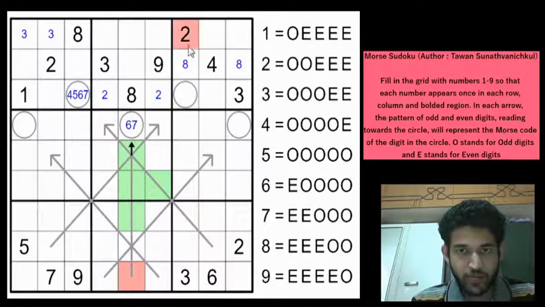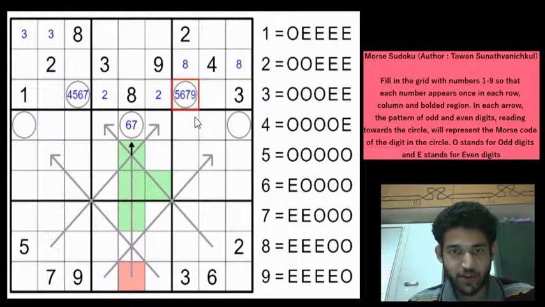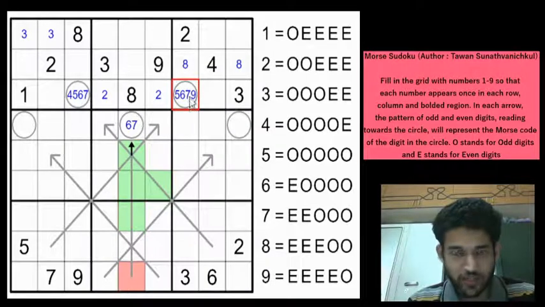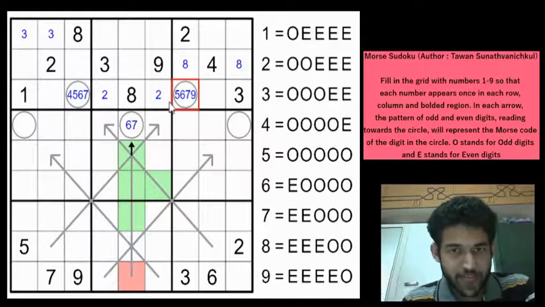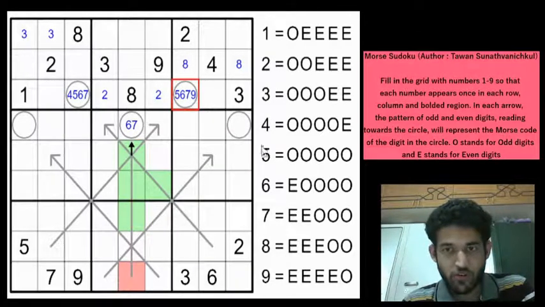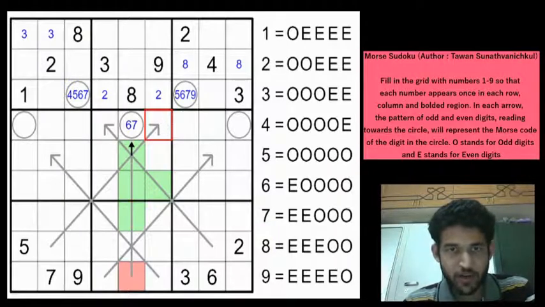Now let us come back to this circle. It cannot be 2, 3, 4, 1 or 8. So it can only be 5, 6, 7 or 9, right? Any other elimination? 1, 3, 8, 2 and 4. No other elimination. So again, let us look for common piece of logic that we can extract from this circle. So if you look at 5, 6, 7 and 9, the last digits are all odd. So we can mark this cell as odd. Regardless of whether it is 5, 6 or 7 or 9, the last digit is odd, as you can see from the Morse code of those digits.